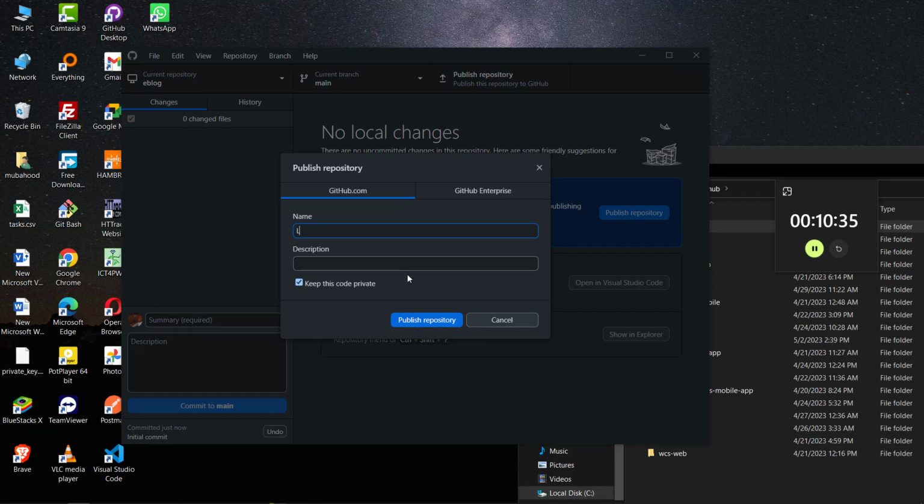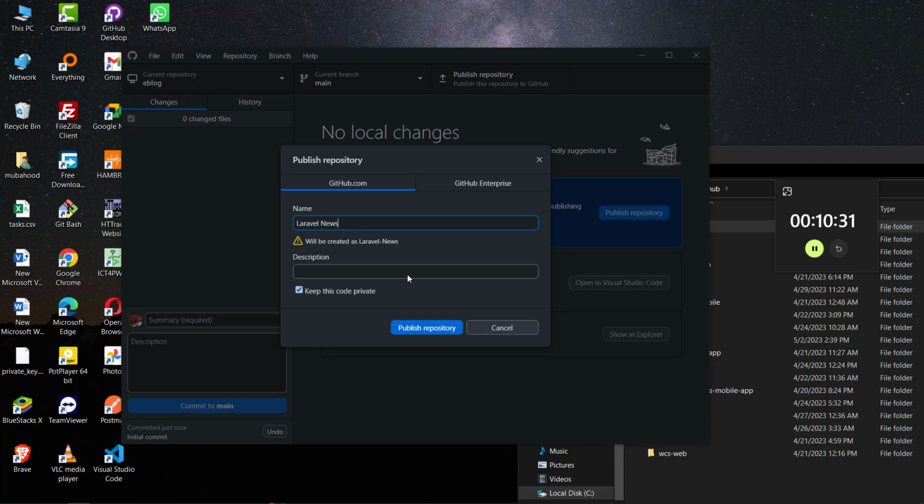So I can call it maybe Laravel news project, okay? That's the name of my project. I'll go ahead and say publish. Before you publish, there is something here that you have to check out, which is called keep the clone